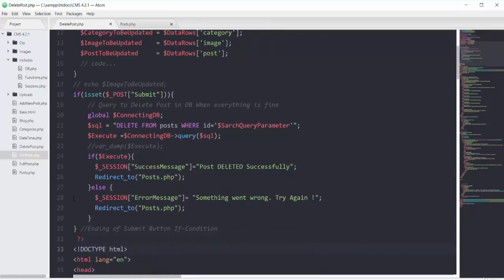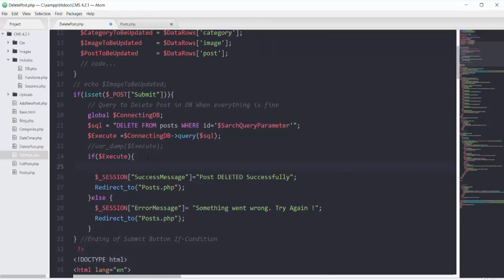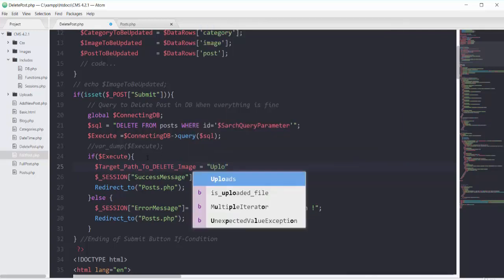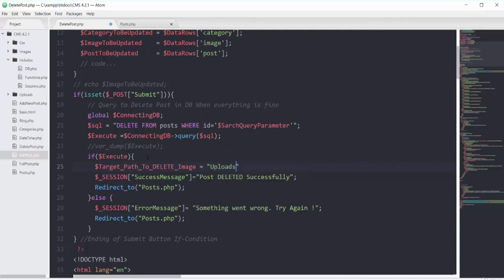Now inside this submit button, right after deleting our post from our table, right here I will add one variable with the name of target path to delete image, and that variable will be equal to our uploads folder, and then inside this folder go to this image to be updated variable, then going to this uploads folder go for this image.